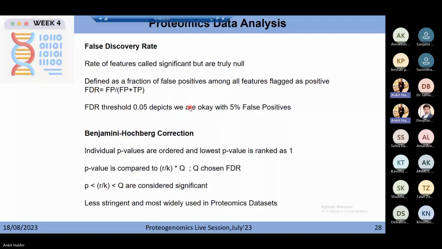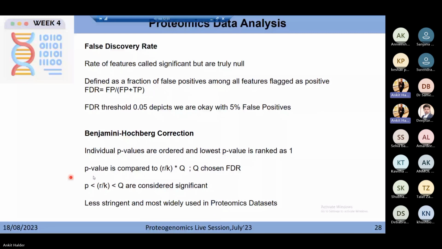So whatever proteins or genes you are saying are significantly dysregulated, you are also saying that it might have 5% false positives. So generally, the Benjamini-Hochberg correction is the one which helps in controlling the FDR values. What is done is that individual p values are calculated